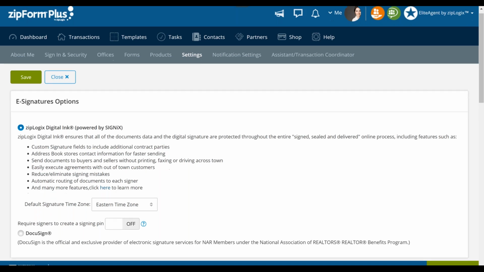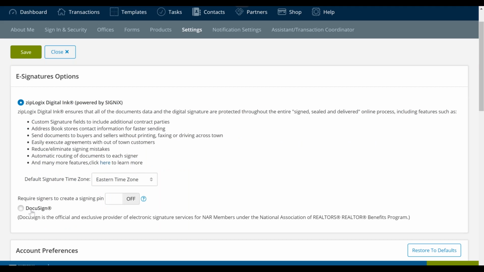Below we have a Docusign integration. Docusign is not our product at ZipLogix, but we have partnered with them in order to allow you to send documents through e-signing using the Docusign system. This of course requires that you have an outside Docusign account. So if Docusign is your preferred signing solution, you can use it. However, because all of you have access to ZipLogix Digital Ink as part of your member dues, hopefully you'll utilize